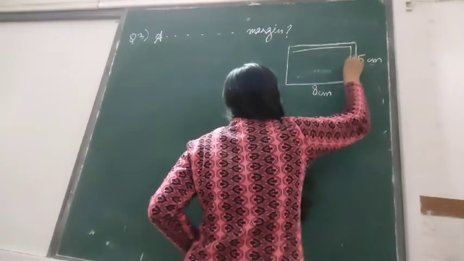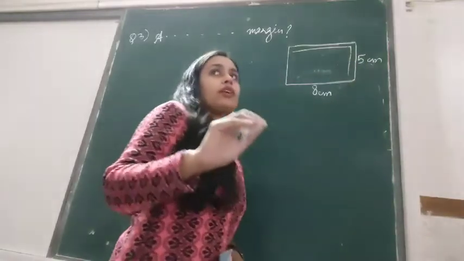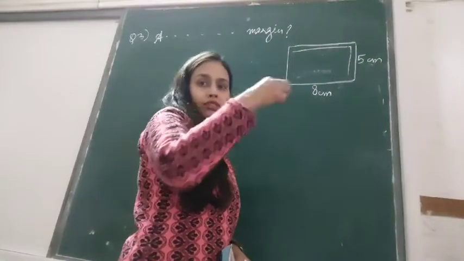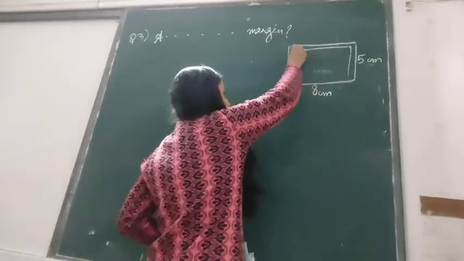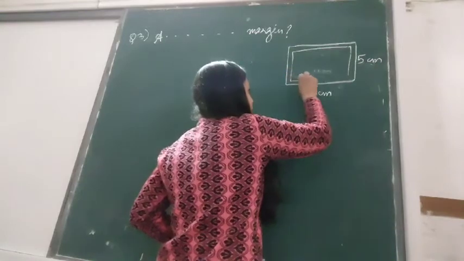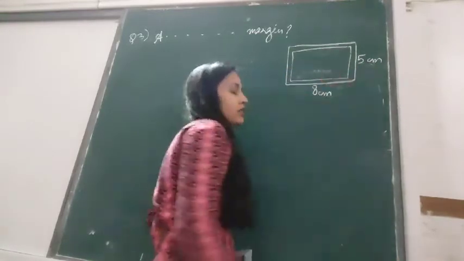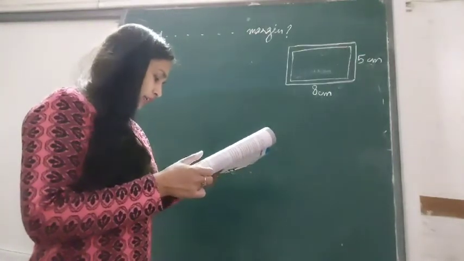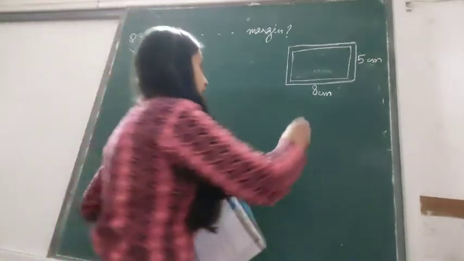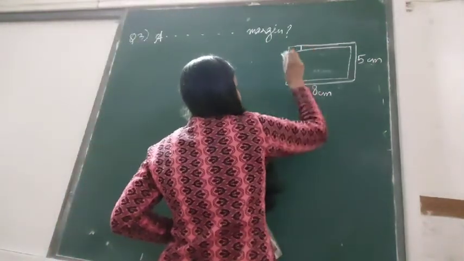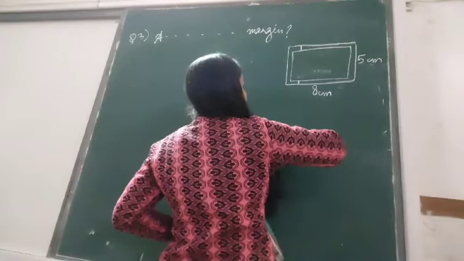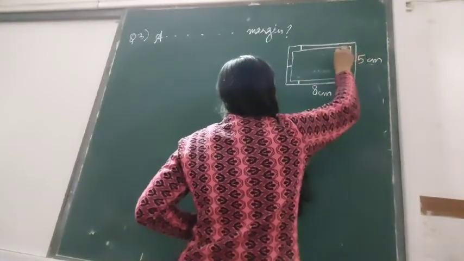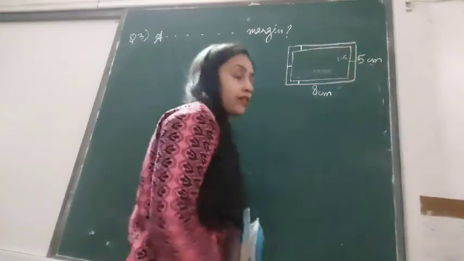Yes or no? In your drawing test or when you make any chart, prepare any chart for the class, any drawing, what do we do? First we draw the margin. And where do we draw the margin? We draw it at the corners on the sheet. Yes? So similarly here, this is the margin, which is 1.5 cm on each side. Means this is 1.5 centimeters, this is 1.5 centimeters, this is 1.5 centimeters, and this is also 1.5 centimeters.